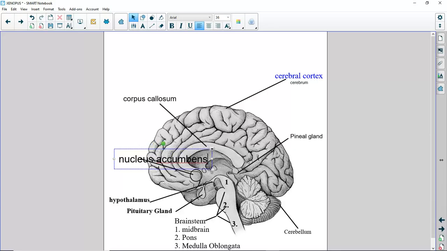I'll make it a little smaller. Make sure I spell accumbens correctly, yes, I got that right. The nucleus accumbens right there, and so we have that for the brain. Okay, so the cerebral hemisphere section is over. We'll come back